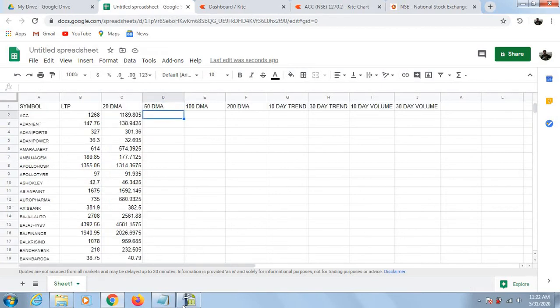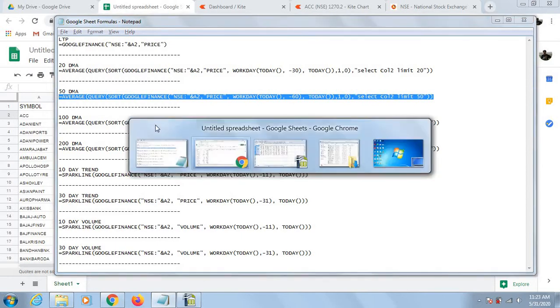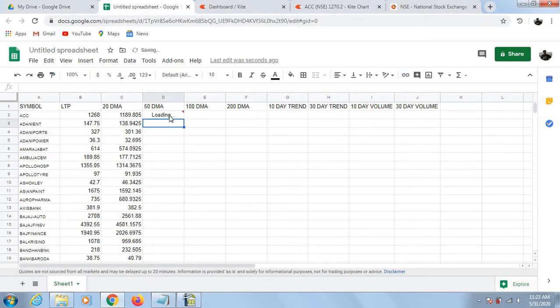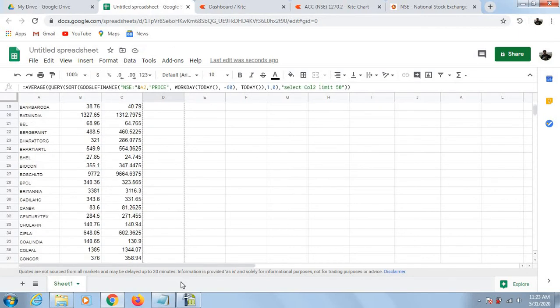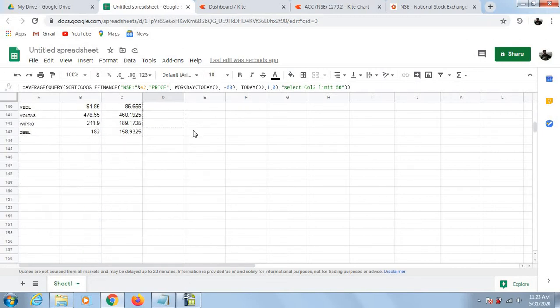Similarly, for the 50-day moving average, I am taking the last 60 working days and then sorting it out and then selecting the top 50 rows and then averaging it out. So I'm just copying the same and pasting it here. Again, clicking on the cell and dragging it to apply for other symbols.